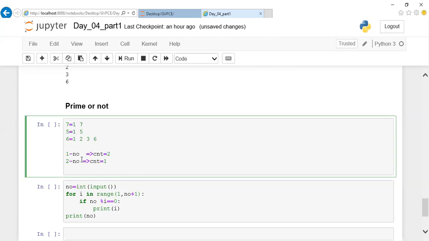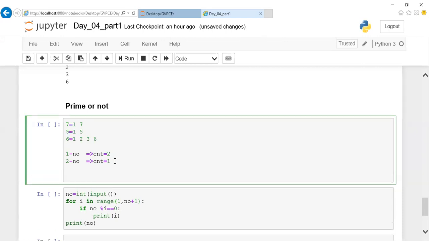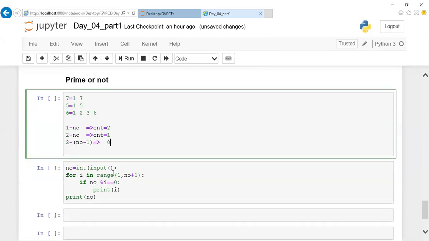Here, what they are trying to do is, my start value will be from 2. I'm excluding 1. So if it is a prime number, it will have only one factor. So I can write like this. Or you can write the logic starting from 2 to the given number minus 1. And you can say that if my count value remains 0, then it is a prime number. This is the normal logic where people will be writing.